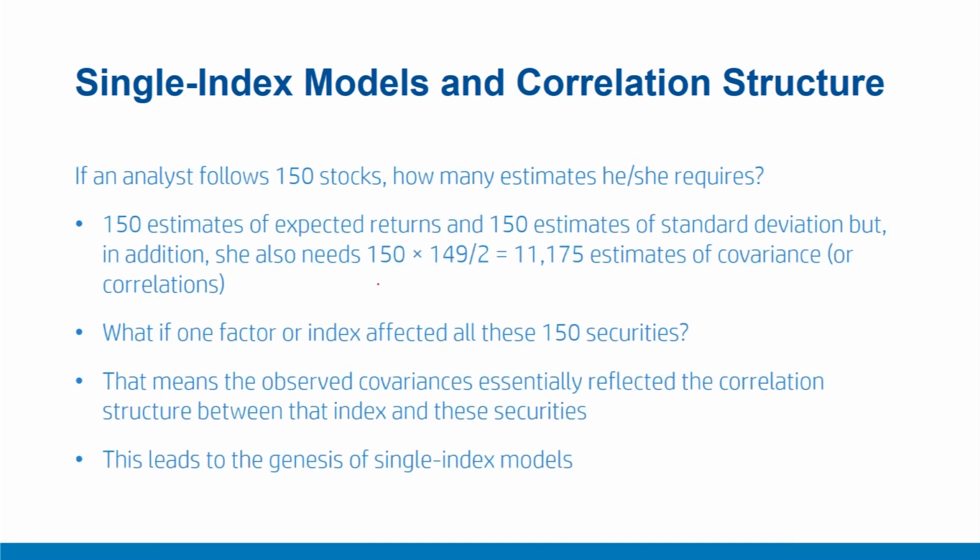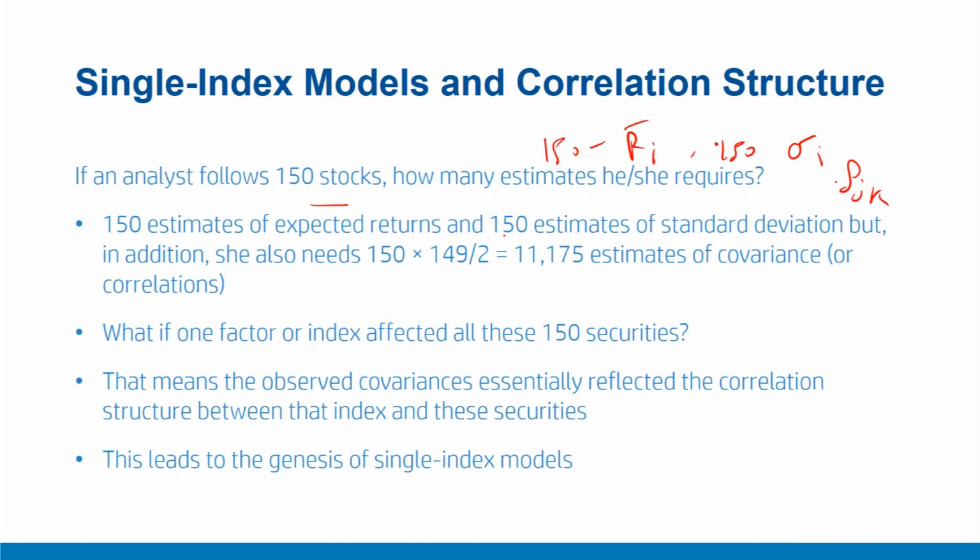So now if an analyst is following 150 stocks, they need to prepare 150 estimates of expected return, Ri bars, and 150 estimates of standard deviation, that means sigma i's. But the correlation structure and correlation requirements are much more intensive. That means rho jk's,